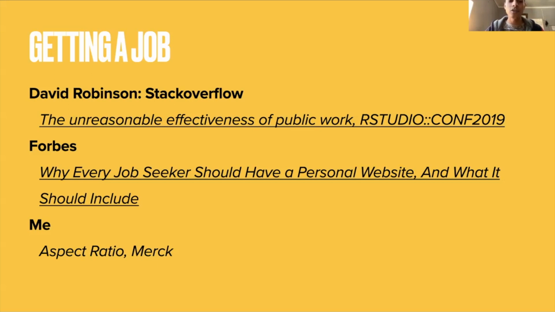Then there was also this study done by Forbes on the number of job seekers who have a website, and they found that no more than 50% of recruiters consider having a personal website a very important thing, but only about 9% of applicants actually have a website, which leaves a huge gap between what is expected or admired and what people really have.